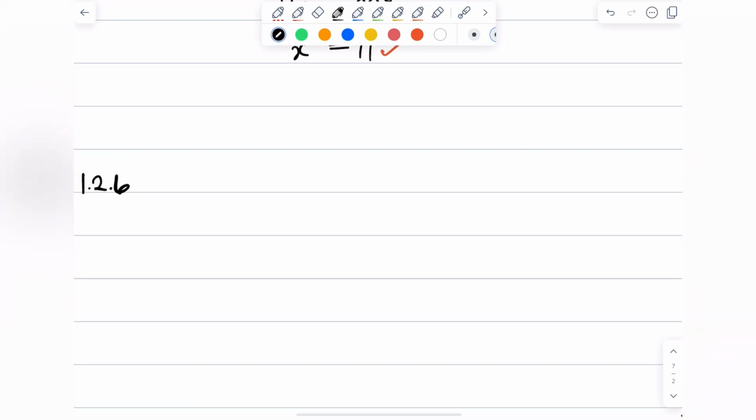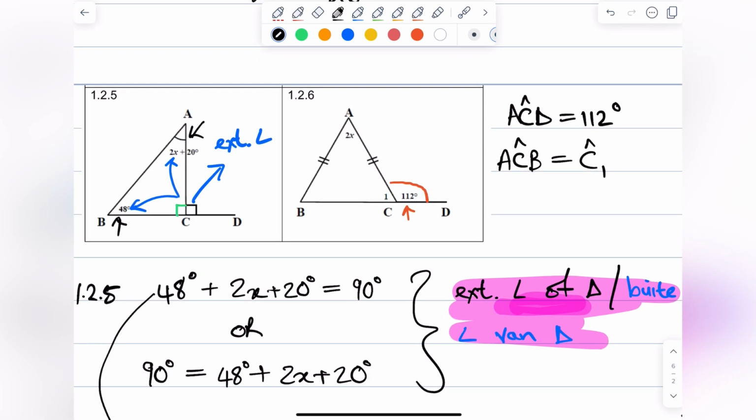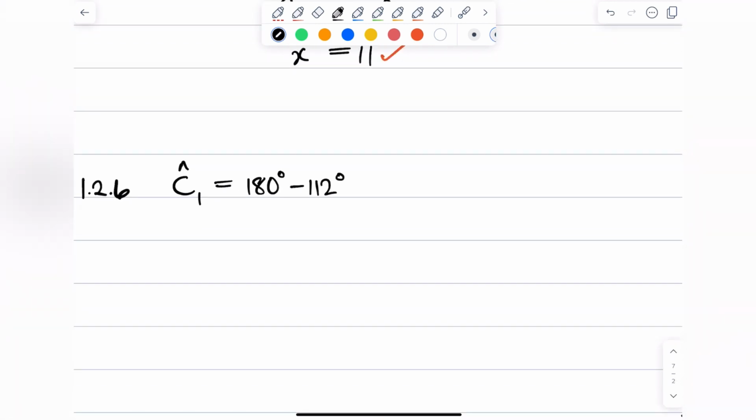So we can say angle C1 is equal to 180 degrees minus the 112 degrees. Why can we say this? Because angle C1 and 112 degrees are on a straight line. They are adjacent angles on a straight line, and that is our reason. So we can say adjacent